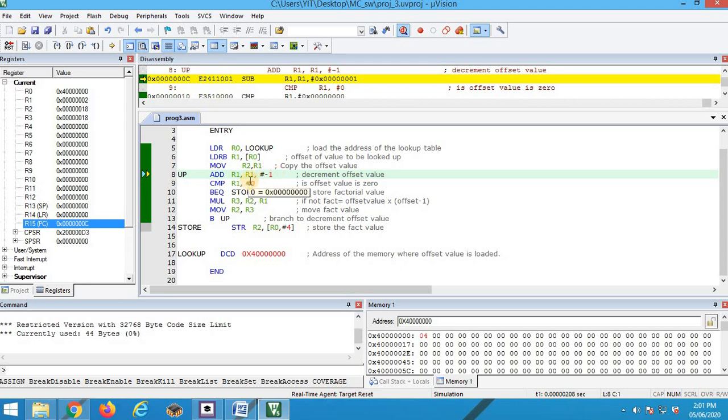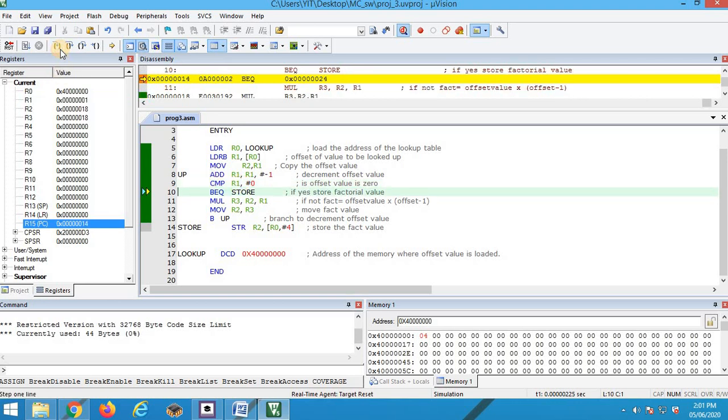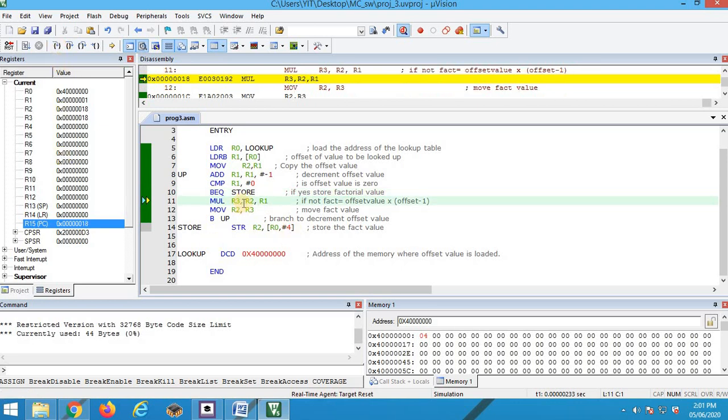R1, you are going to subtract once again. R1 minus 1 is 2 minus 1. It becomes 1. Now you compare R1 with 0. R1 is still not 0. That means you will not be jumping out of the loop. So you are going to multiply once again. This time what is there in R2?